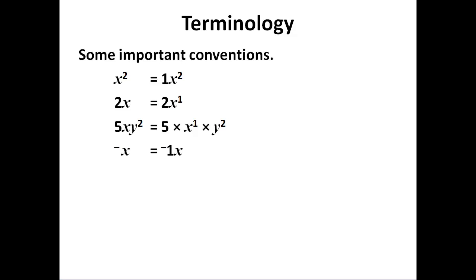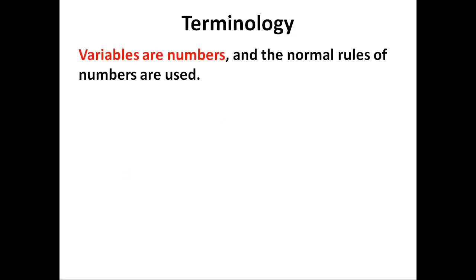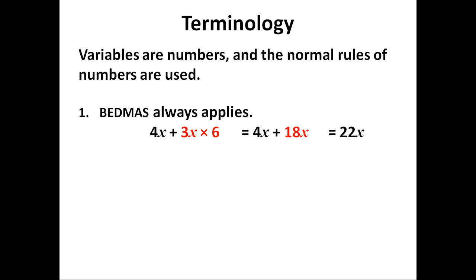A negative applies to the variable and makes it -1, but to the power of -1 is not a negative number. The negative indicates that the x is on the bottom line in this case, not negative. And variables are numbers, and all the rules of numbers apply, such as BEDMAS. So we multiply before we add,